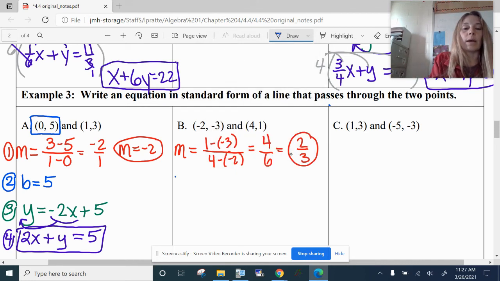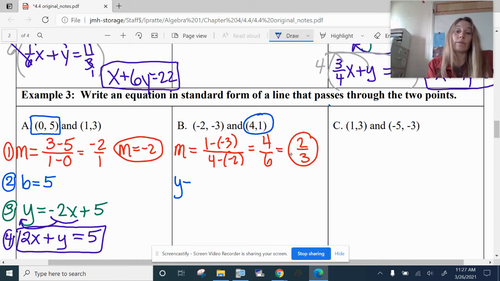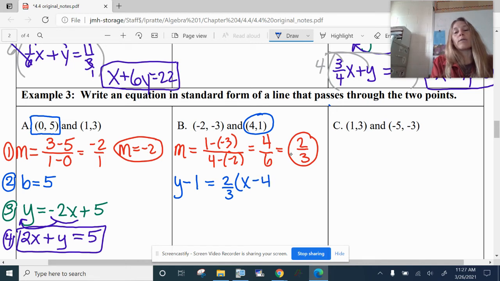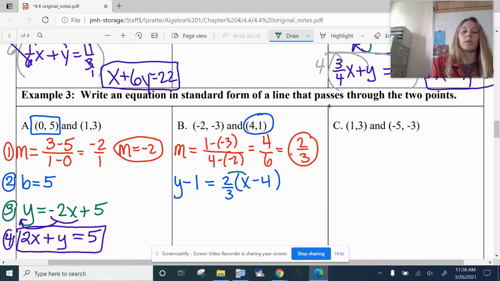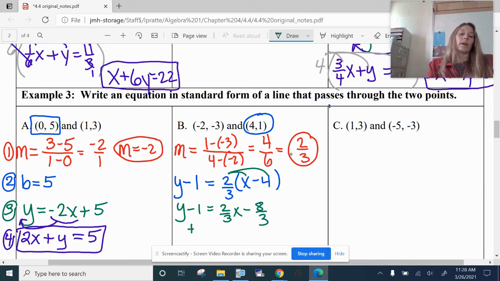Now I'm going to use my y minus y1, but I have a choice of points. I probably will choose the 4 and the 1 because they're positive. So y minus 1 equals 2/3 times x minus 4. If you did it the other way, you'd have y plus 3, and then 2/3, and then x plus 2. Either way, when you distribute this 2/3, and then you bring this number over, in my case it's a 1, you should end up with the same